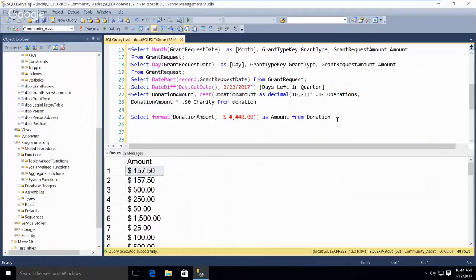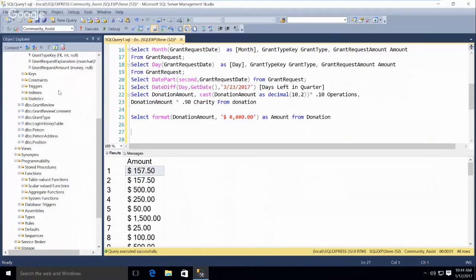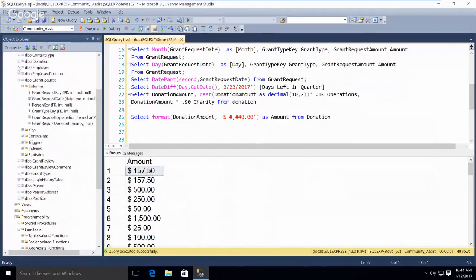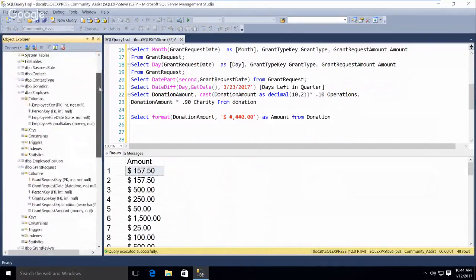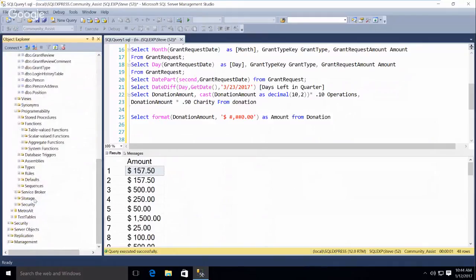Oh, how do I want to do that? Well, let's look at what we got for fields. Did I put any in the employee? I don't think I have a social security number, did I? And I didn't in Metro Alt do a social security number either, I think. Did I have Metro Alt? Oh, there it is.